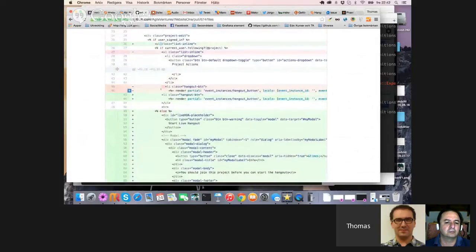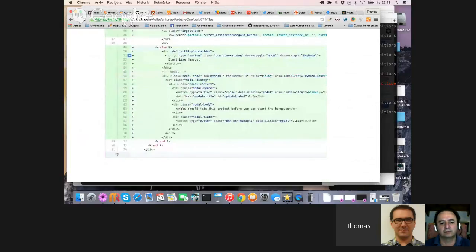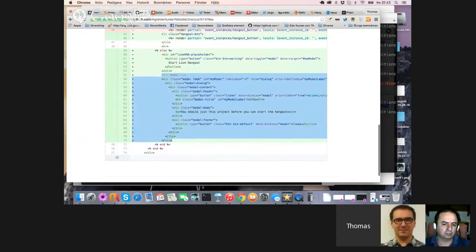So if current user is following project, then you do something, and then you have this else, and that's where you add this tag, my model. Start live, exactly. Model, and this is the model. This is nothing. I mean, this is pretty straightforward. You don't do any strange things here.